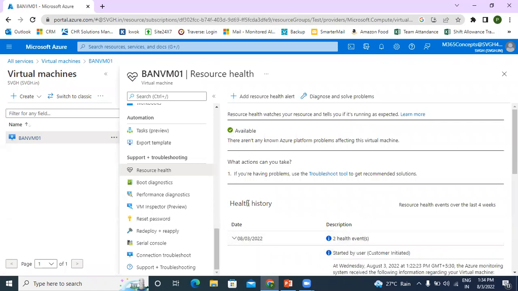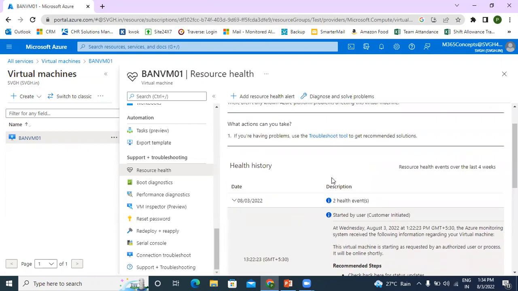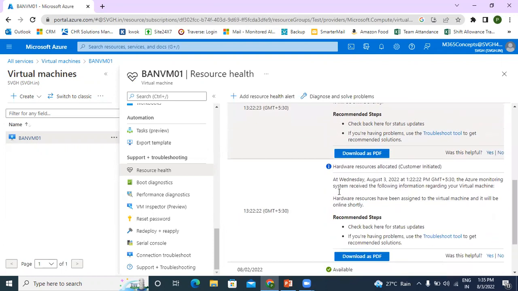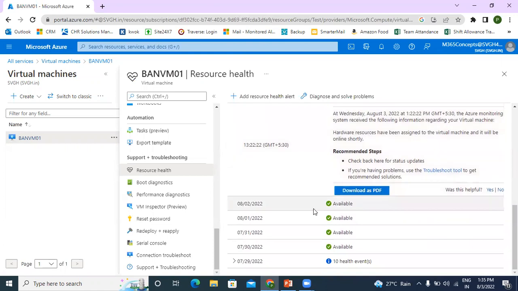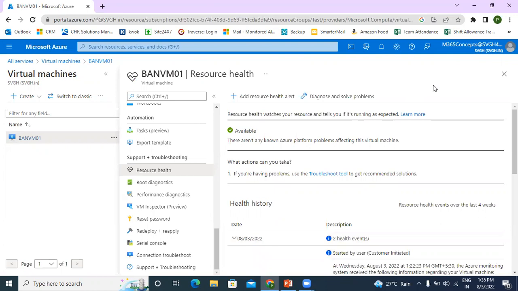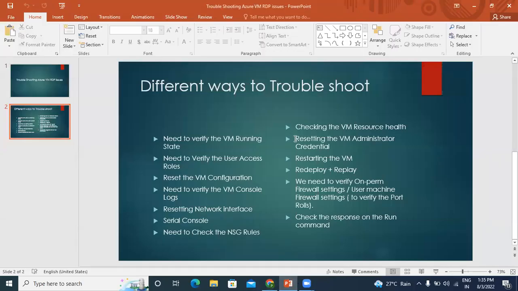If you look at the health history, it shows, for example, that the virtual machine was started by the user at this particular time. These logs will help us with the troubleshooting of the virtual machine. After this, if everything is fine, we'll still ask the user to try the RDP again. If it is still affected, what we'll do is